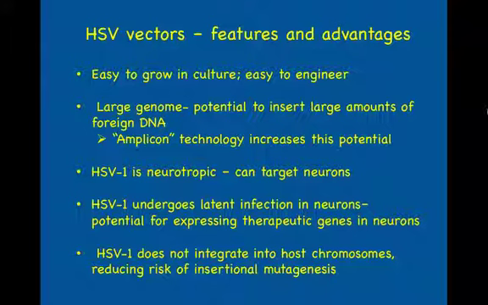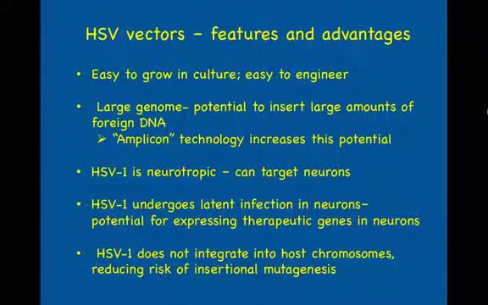So, vectors. HSV is very easy to grow in culture and easy to engineer. That's because of that huge storage capacity. Its genome is really large. That's what I just said. Its potential to insert a large amount of foreign DNA, and Amplicon technology increases that potential, and we'll talk about Amplicons later. HSV1 is neurotropic, so you can target neurons, and a lot of people, that's what they try to do,